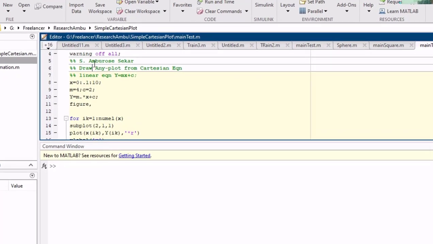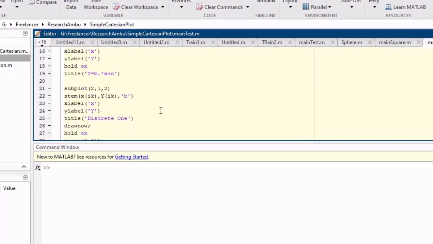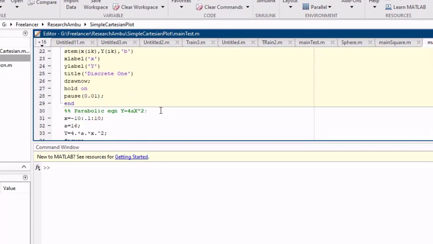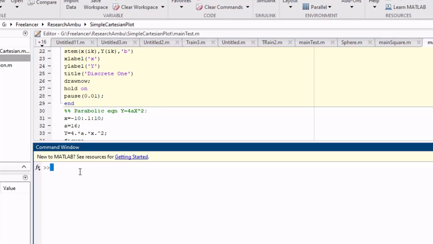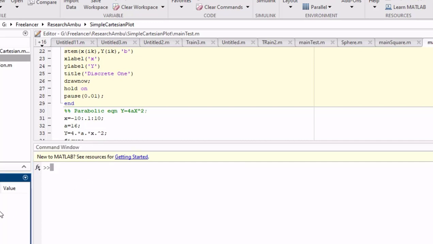Another thing is the scripting file. Here we need to create a script, and from that the code will be run. The third thing is the command window. In the command window, when we want to execute a single line or show the output, we use the MATLAB command window. Finally, the workspace is nothing but the memory or storage of MATLAB.